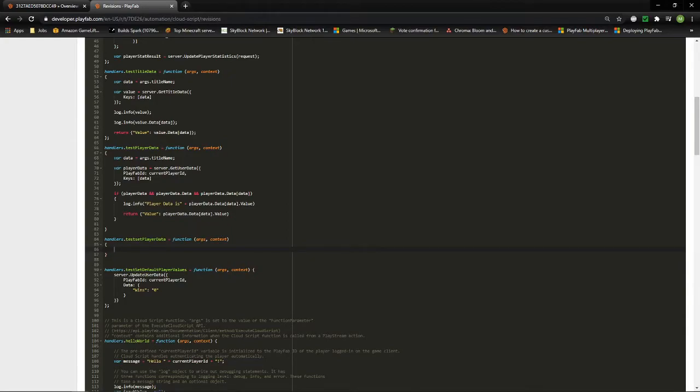It just makes it a lot simpler, and then also you have a bit more control over it, whereas if you do it just a generic one, it can get pretty messy pretty quick. So instead of doing the title name stuff that we did at the start of getting the title data or the player data, all we're going to do is simply get server.UpdateUserData,